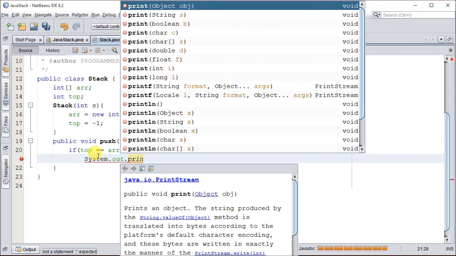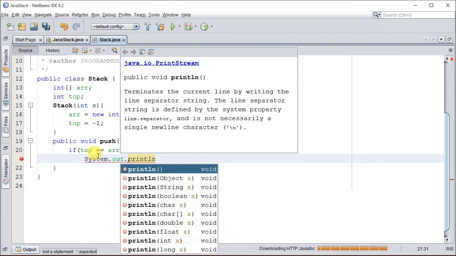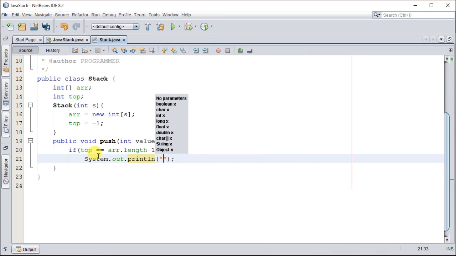Now I'm going to print on the screen that our stack is full. Now in the else condition, where our stack is not full, we are going to